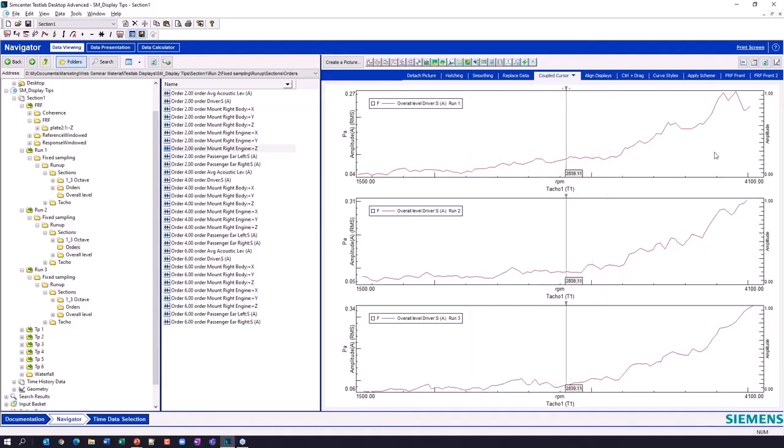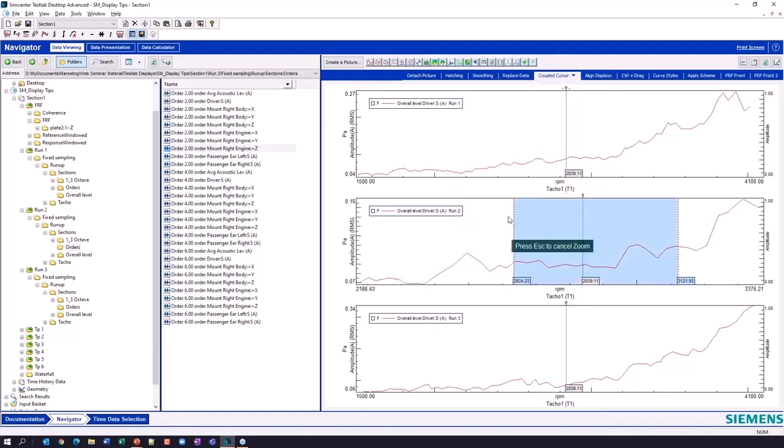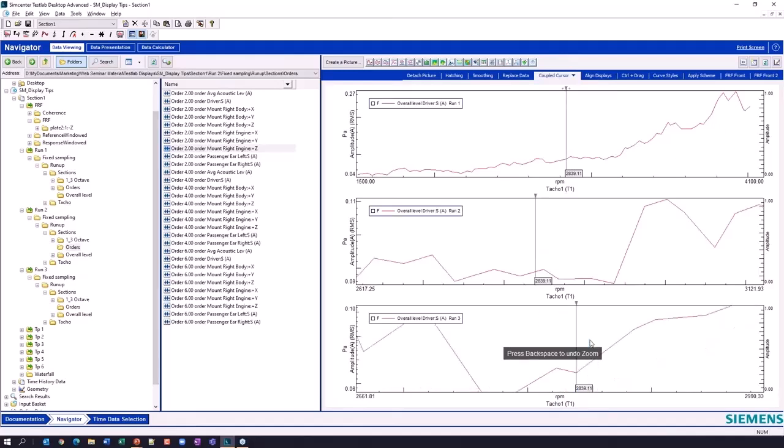Even if I come in here, I'm going to turn off my coupled limits and I'm going to zoom way in on this second plot. I'll do it even more in here. Even though they're no longer aligned, the cursors stay coupled together. So I'm always looking at exactly the same x-axis value, okay, with a coupled cursor. Very, very nice if I want to zoom in on something on one of my displays, but keep an overall view on the other display. It makes me certain that I'm looking at the same phenomenon per RPM value. Okay, so that's a coupled cursor.